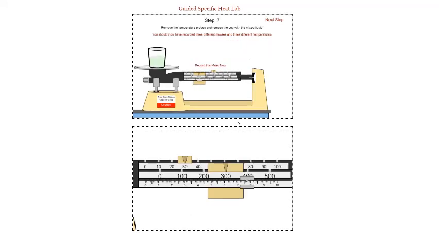The next step is to take the mass of the entire mixture together. So now you've got a cup with mystery fluid and water in it. Get the total mass. Now one thing I'll point out is that the long shot of the triple beam balance here is different than the close shot. That's a glitch in the simulation. I've notified the maker of the simulation, and it may be changed by the time you actually are doing this, so you may ignore this part of the video if that's the case. But in any case, take a screenshot of your close-up view and read the close-up view to get the mass